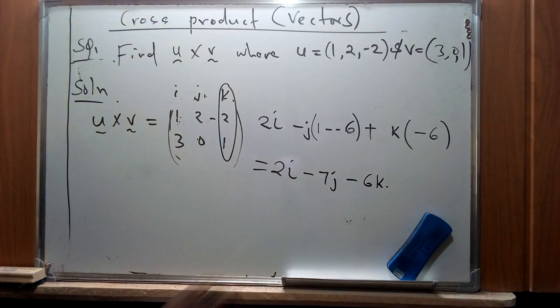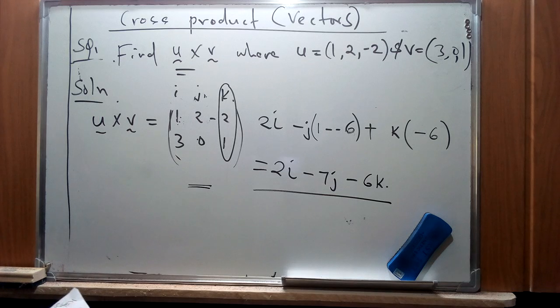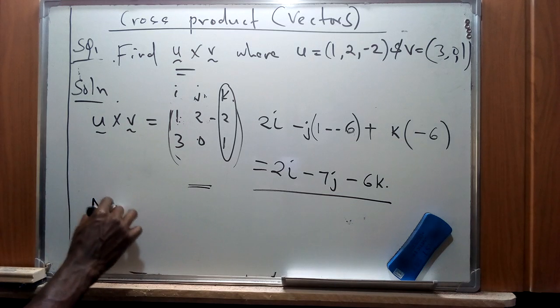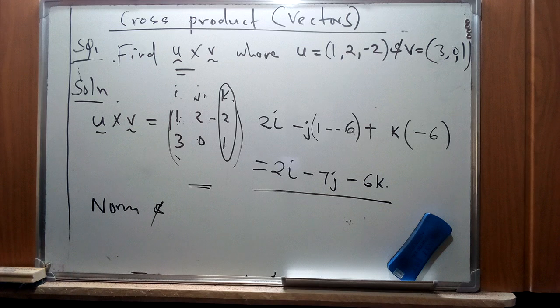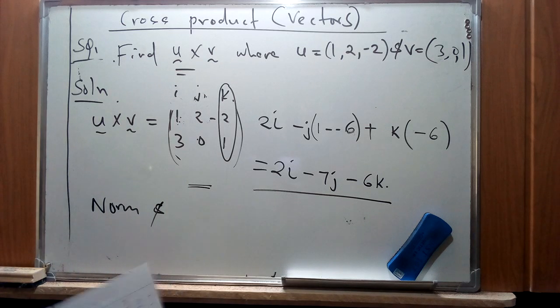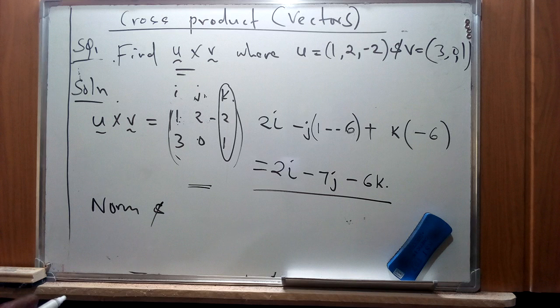Okay, so that is basically going to form our cross product for those specific vectors, using that general formula that we had used to describe the cross product of vectors. In this case, we have solved this using the concept of finding the determinant. These two factors are going to have an interplay, and some of them are going to assist us in trying to find what we call the norm of vectors, and some of the theorems that we're going to encounter later in our discussions, or maybe identities like